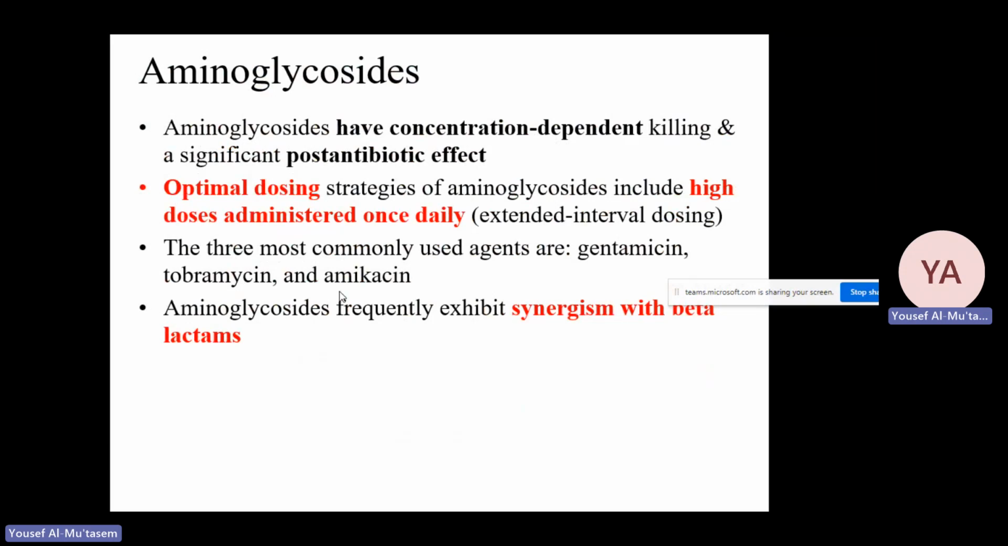neomycin that is used orally to cleanse the GI, or topically for an eye infection or skin infection. And also we have streptomycin, which is used as a second-line or even a third-line agent for the management of TB, Mycobacterium tuberculosis. We said before that we don't use piperacillin alone in the management of Pseudomonas aeruginosa, though